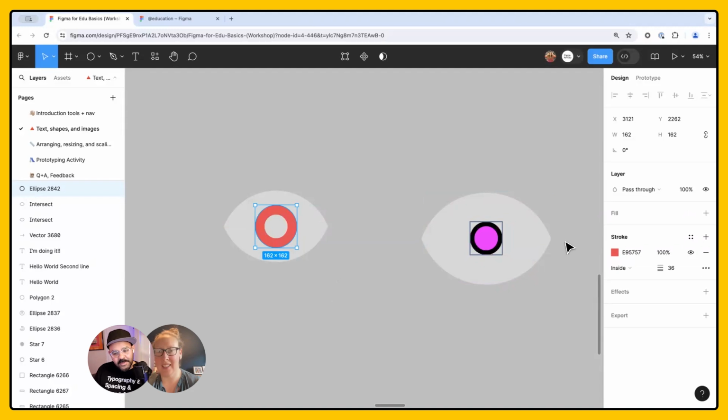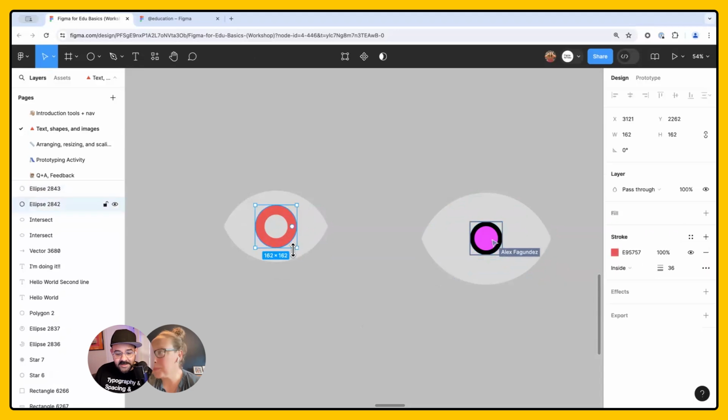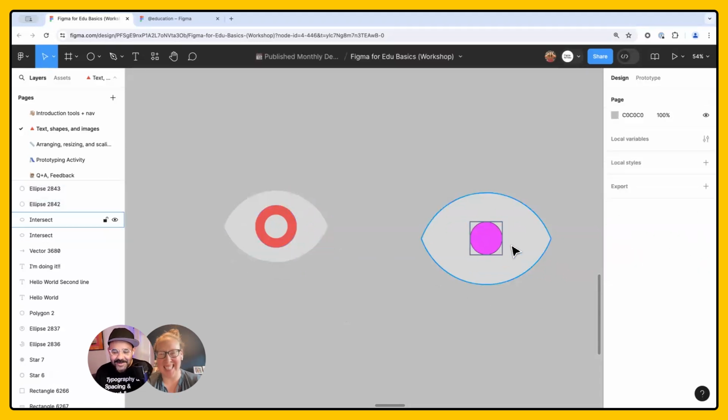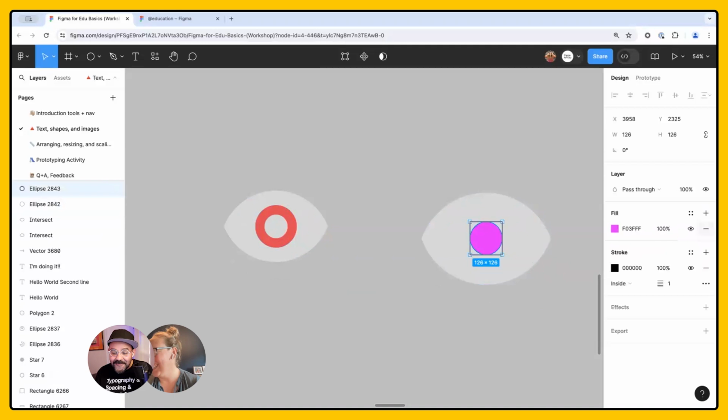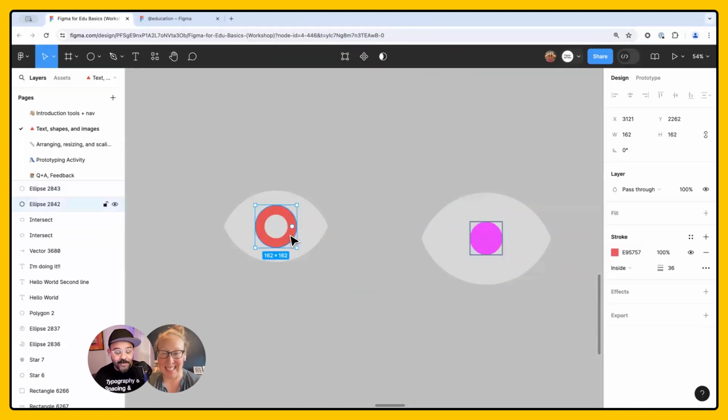But you don't want a fill, so remove the fill. How do I do that? Select the shape and then come over here and click the little minus next to the fill. You removed the stroke. You want to remove the fill, not the stroke. You do want a stroke. You want the stroke to be bigger. And then I'm changing the color of the fill. You want it to be a stroke, so press Shift X. There you go. Now make your stroke thicker.